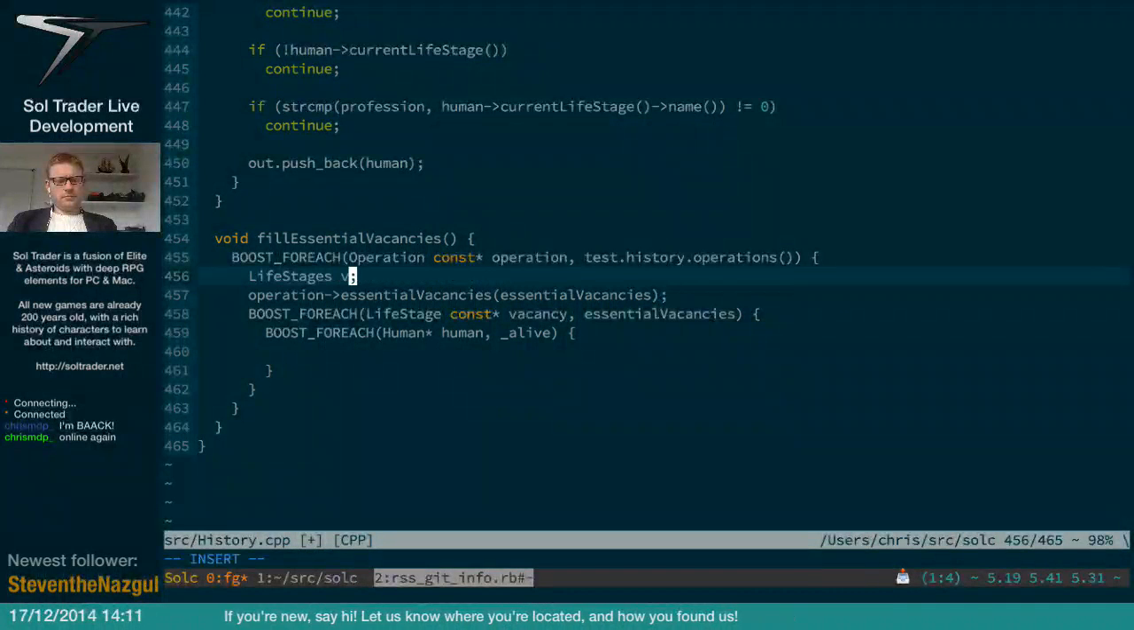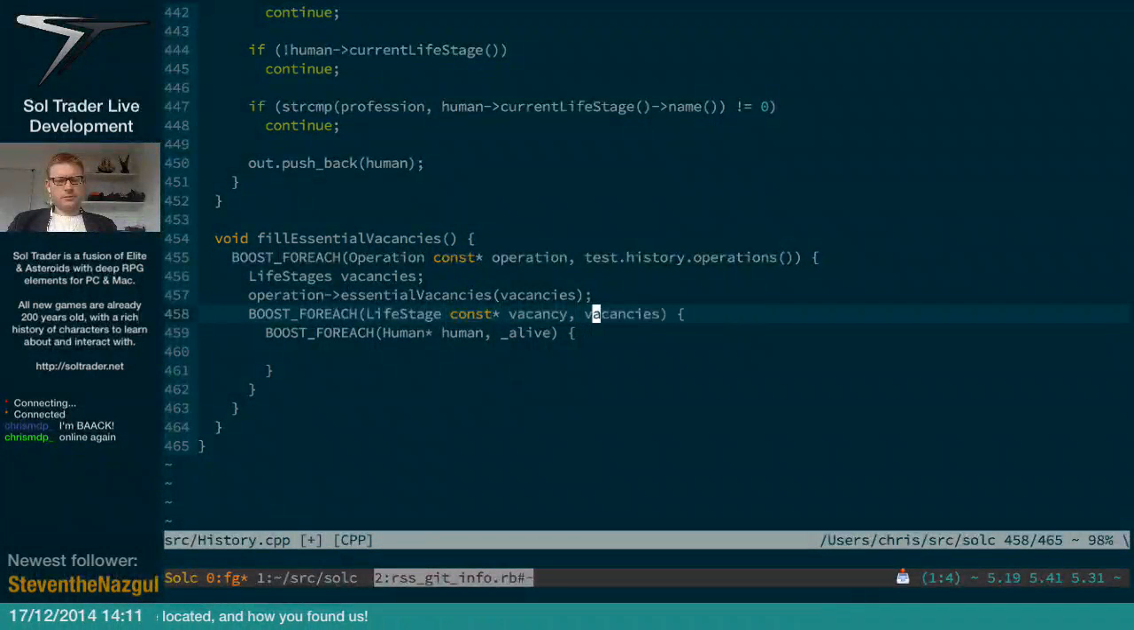Just going to rename that because it's just a bit too long-winded. Okay, so for every human that's alive within this operation, we can figure out